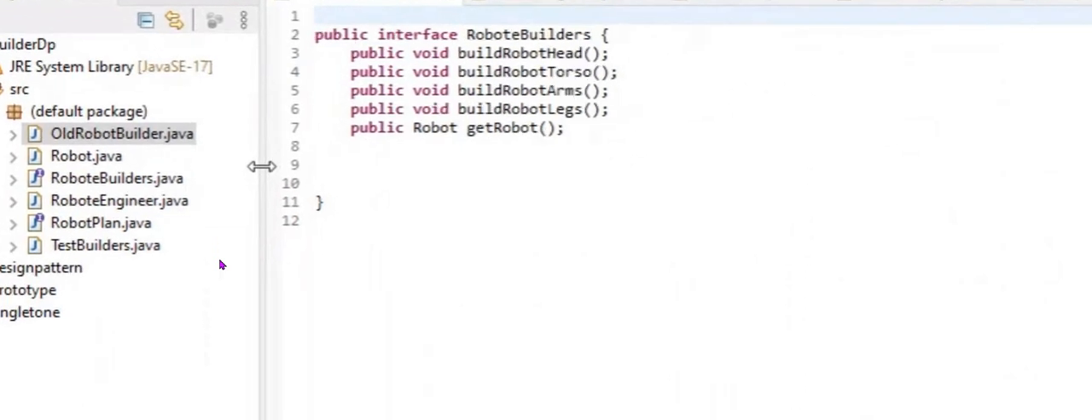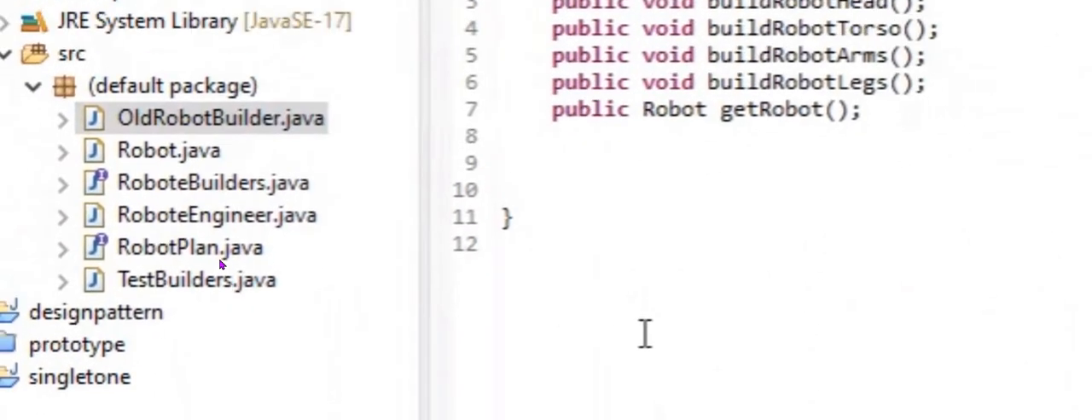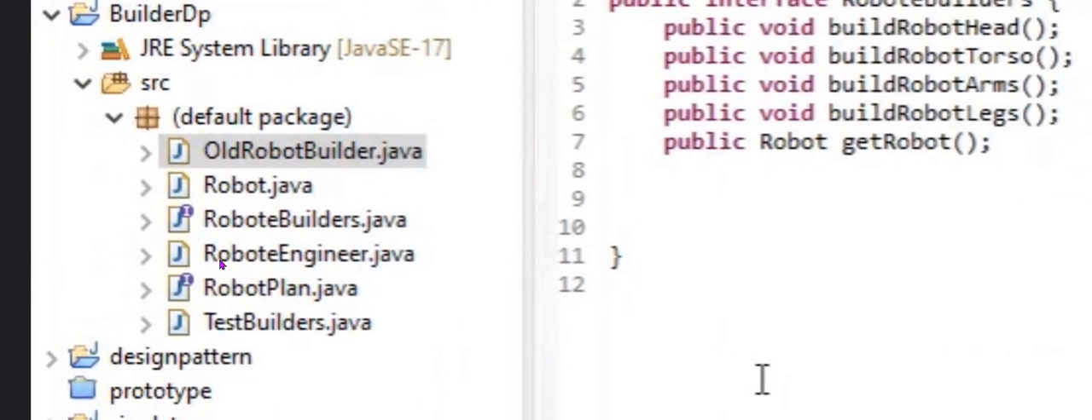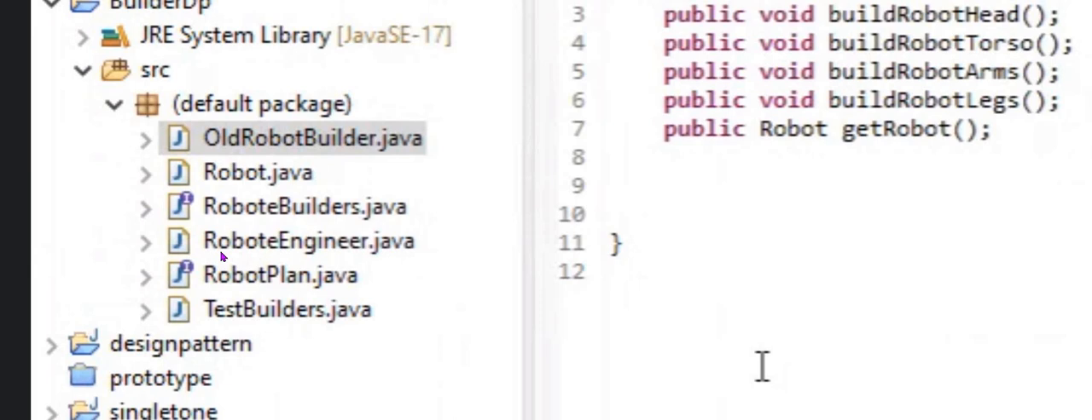Okay. Yeah. So let's focus on this set of classes. This is your design pattern, right? In this design pattern, what you have to do, you have to build a robot. Okay. Now to build the robot, you have builders, you have engineer, you have plan, and then you are testing the builder. Right? Yes, sir. Now if you open the builders,